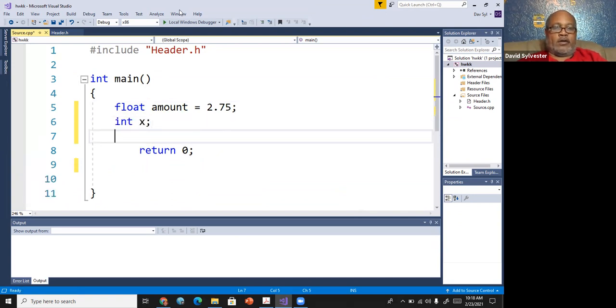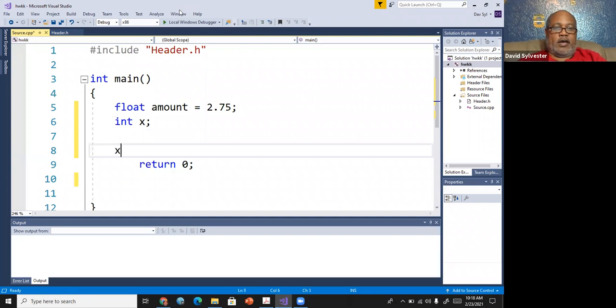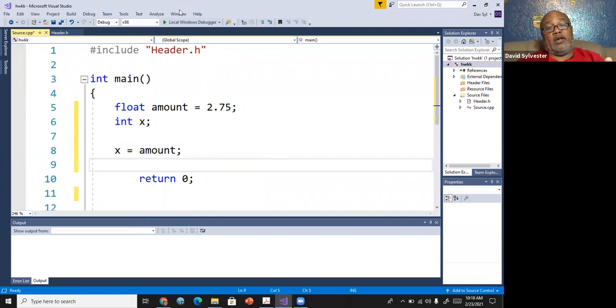Now, if I do x is equal to amount, what the book says is that in some compilers, I'm going to get an error, because the compiler is more strict as to what type of data should be stored into that integer field.